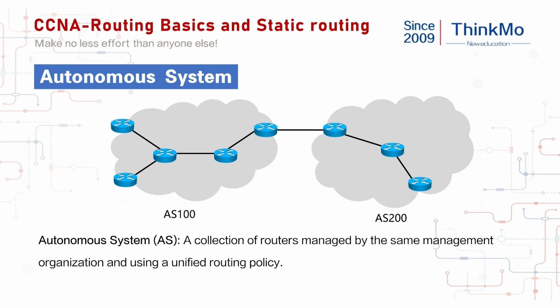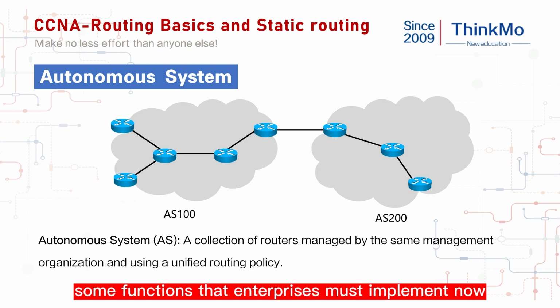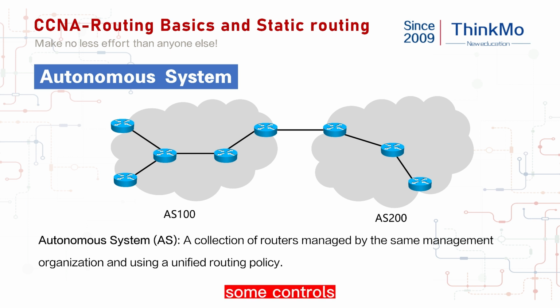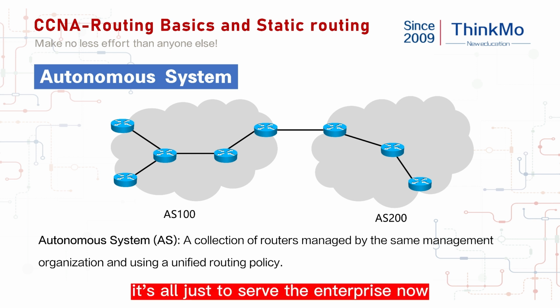For example, some functions that enterprises must implement now, some gateway configurations to be performed, configuration of some strategies, some controls, configuring an ACL, etc. All the technology you use and the strategy of use are, relatively speaking,